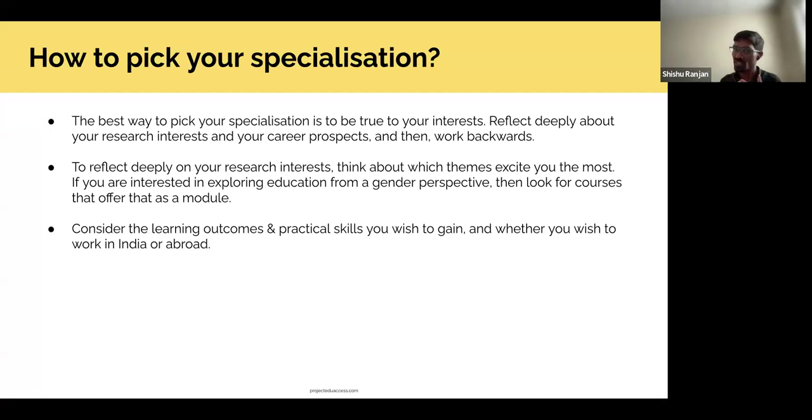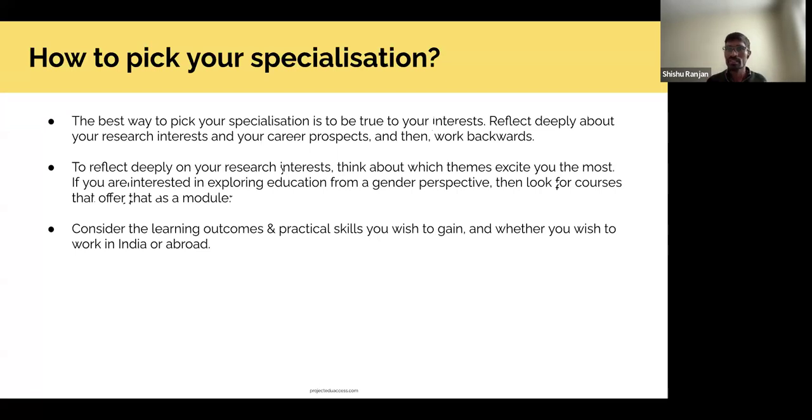Again, themes. For example, when I was looking for courses abroad, I clearly looked for education and social justice. I picked education and social justice as keywords, and I searched all the courses related to that. Then I checked all these education and social justice programs in the UK.